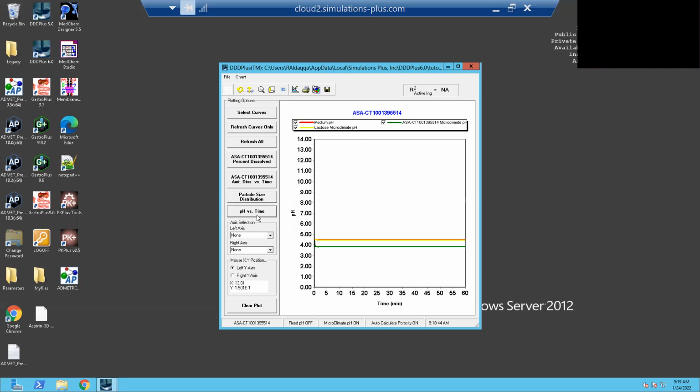Also, you can see pH versus time. So it gives you each ingredient, the pH of it. So you see lactose, medium, and aspirin. This is the excipient, and this is our active. And you can check and uncheck whatever you want. We will go back to